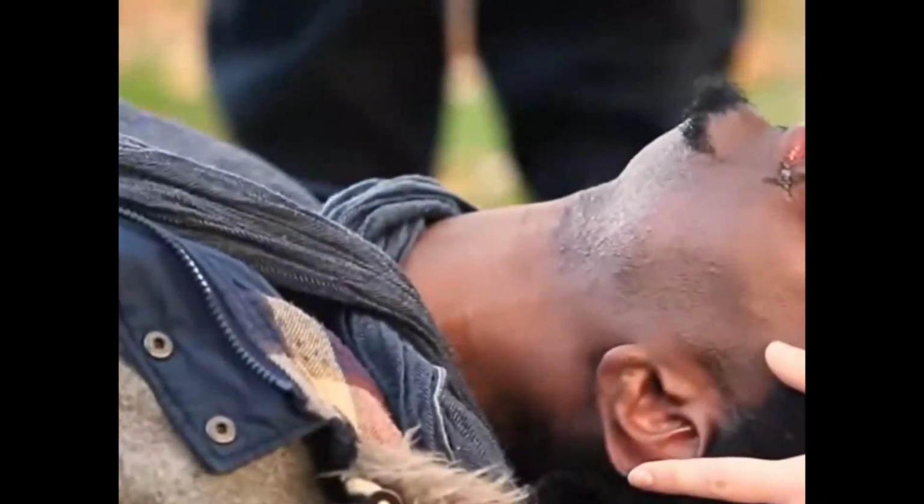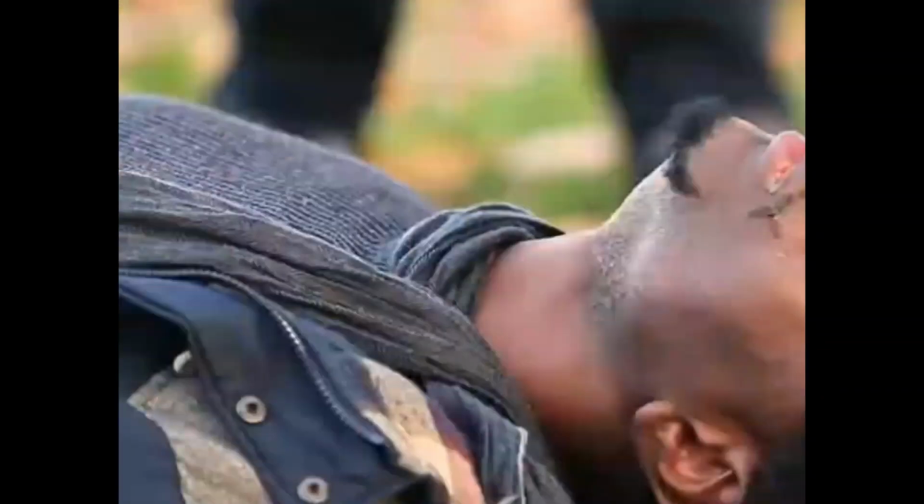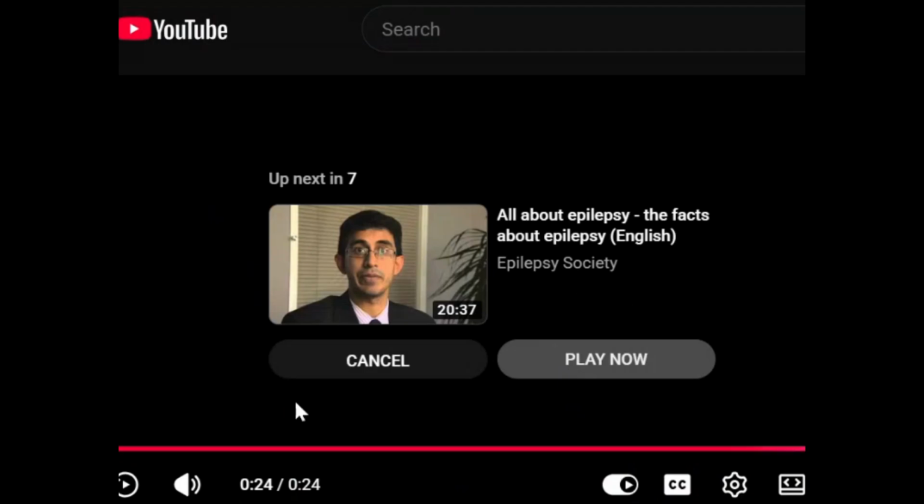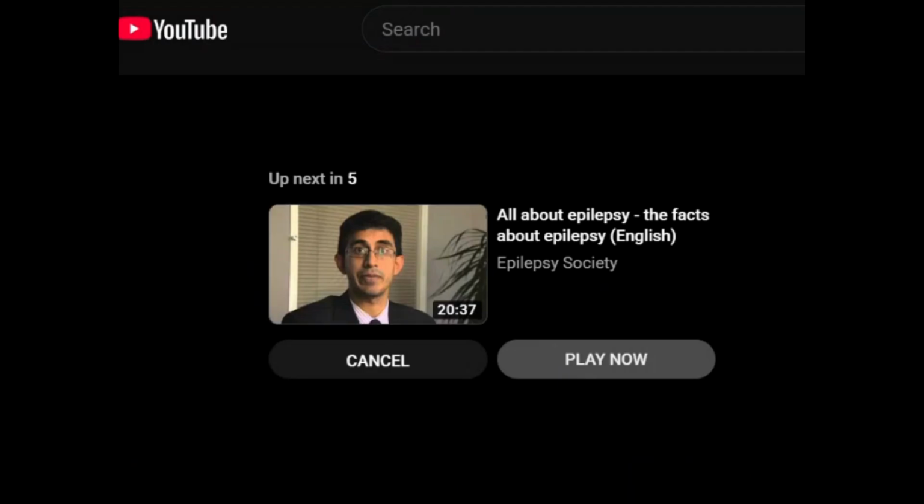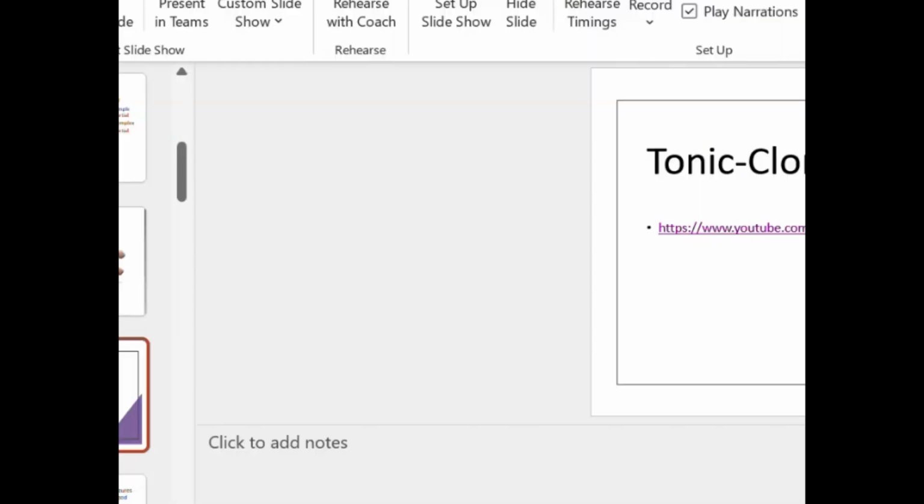You see how he stiffened up a lot right there and then went into that rhythmic jerking. That is your most common, I feel, seizure. When somebody calls for a seizure, that's what they're going to be describing as they are seeing. And you notice what she did as well. Rolled him over on his side. Why do you think she rolled him over on his side?